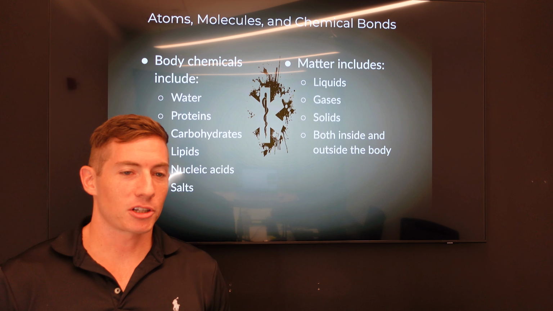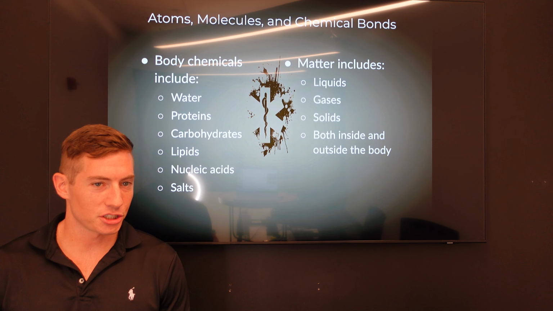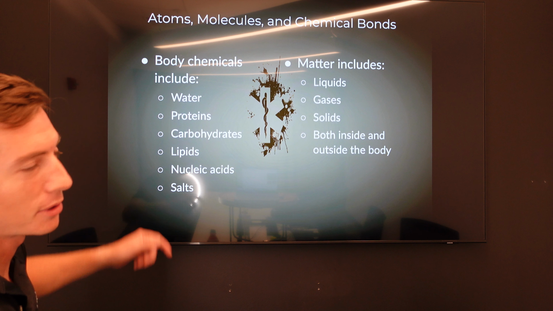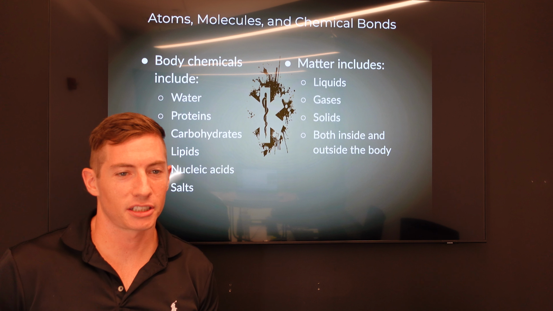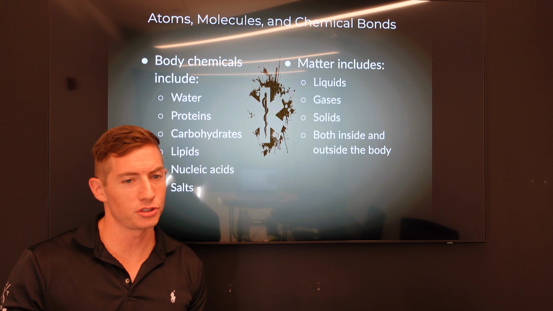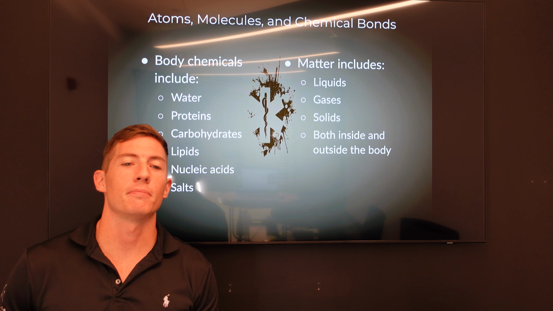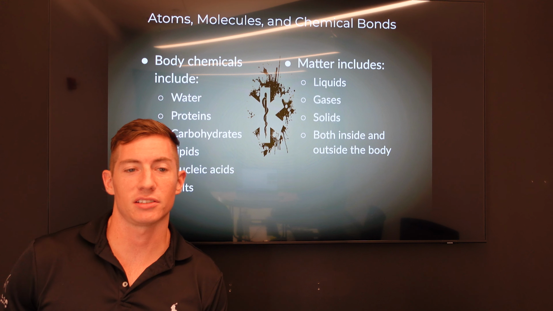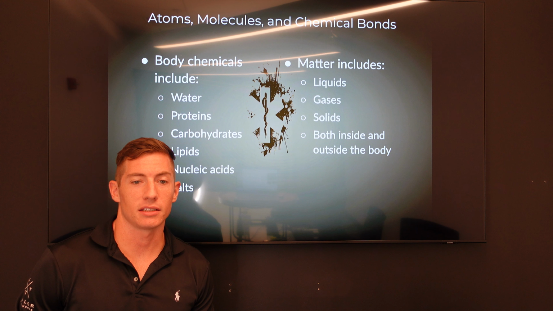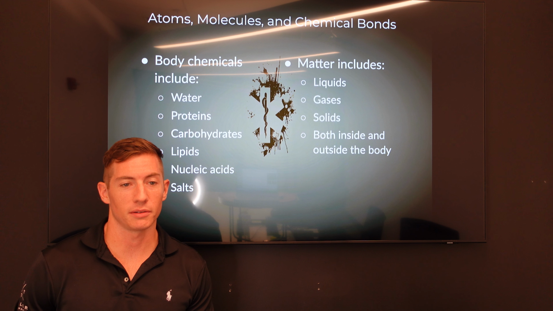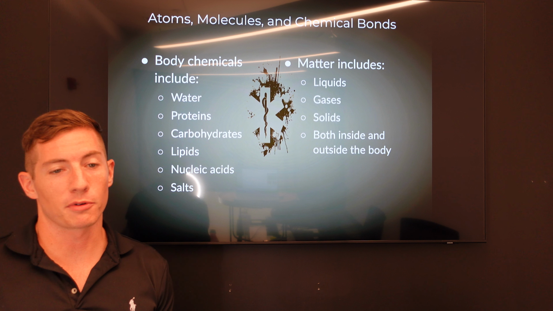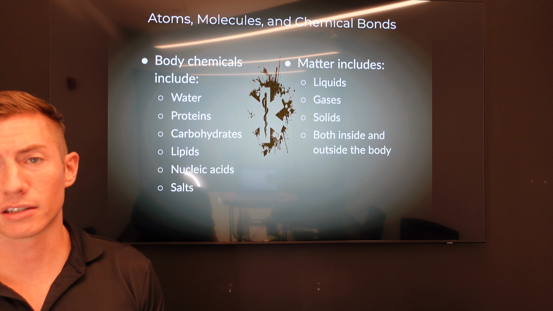The chemical level. There are changes that happen within the cell to influence the body, with all of these different body chemicals. So you have carbohydrates, lipids, nucleic acids, salts, as well as foods, drinks, and medications. Matter, elements, and atoms. Mass is a physical property that determines the weight of an object and depends on the gravitational pull of the Earth. Where are we going with this? Elements are the simplest form of matter, which makes up all non-living matter.